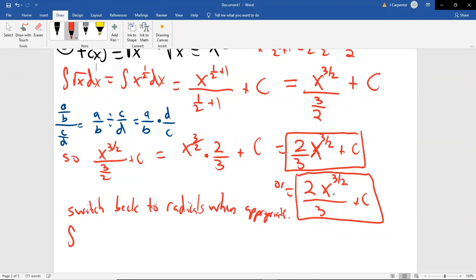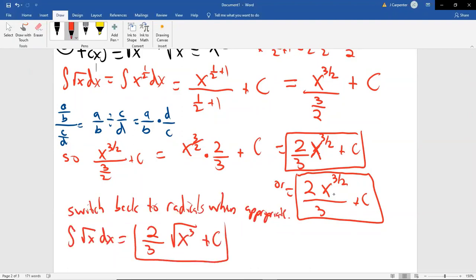So that says the integral of the square root of x dx is equal to 2/3 times the denominator is a 2, so that makes this a square root. The numerator is a 3, and I'm talking about the power, not the 2/3 fraction. I'm talking about this 3/2. This denominator is a 2, so it's a square root. This exponent's power is a 3, so that's a 3 inside. So that's 2/3 times the square root of x cubed plus our c. This is the best answer. Again, the square root could be to the side or to the top. When I say best, I just mean it's better to have radicals than the rationals.